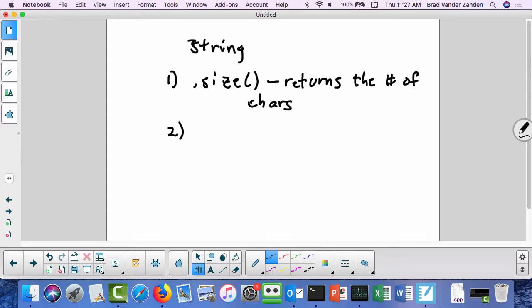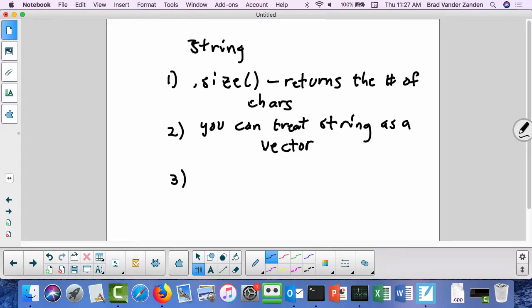And you can treat a string as a vector. So you can access the individual characters. Now there are a couple other useful functions that you might wish to use at times. One is called .substring,